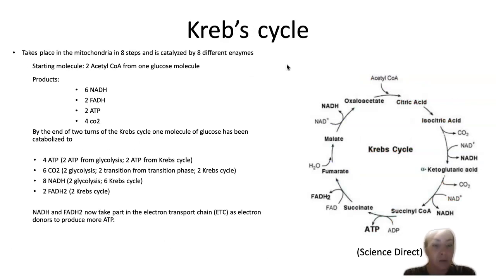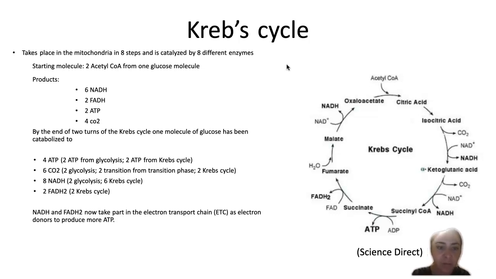So then the Krebs cycle. This takes place in the mitochondria in 8 steps, and it's catalyzed by 8 different enzymes. So I'm going to go over the 8 steps. Step 1, the condensation of acetyl CoA with oxaloacetate to form citrate. The reaction is catalyzed by citrate synthase. Then step 2, citrate is converted to isocitric acid and catalyzed by